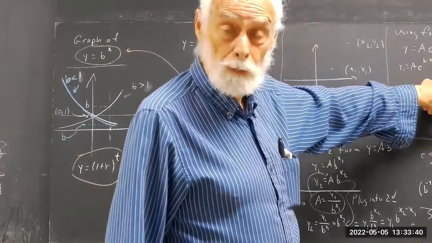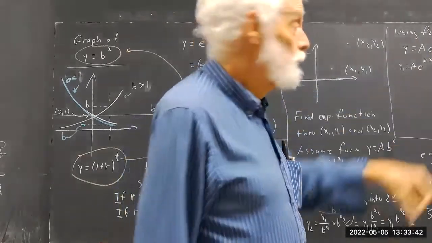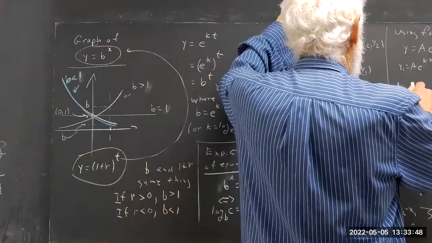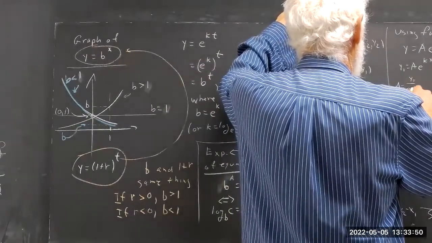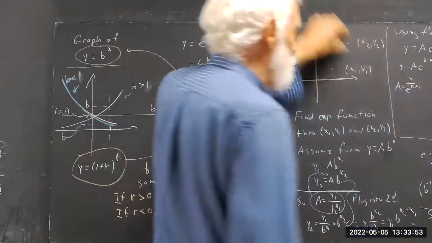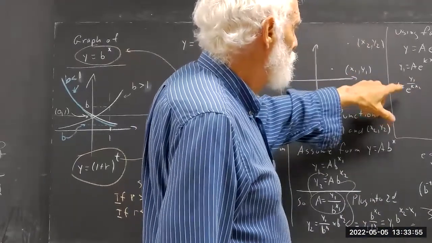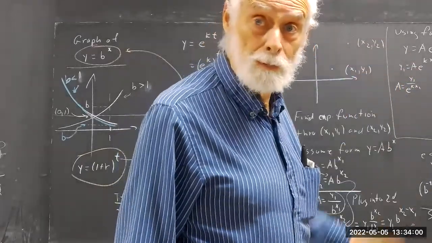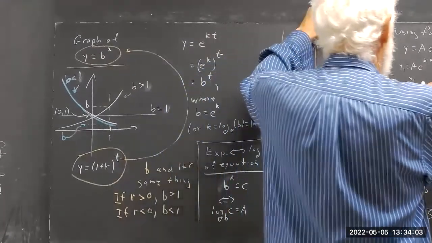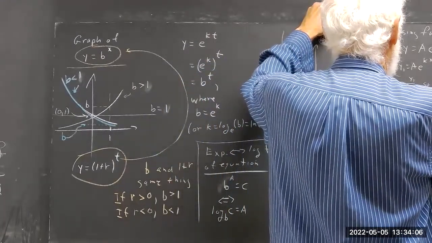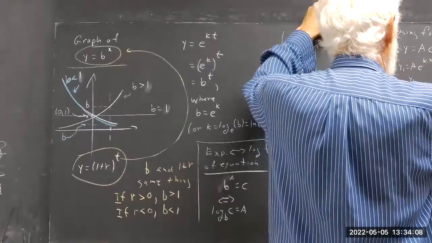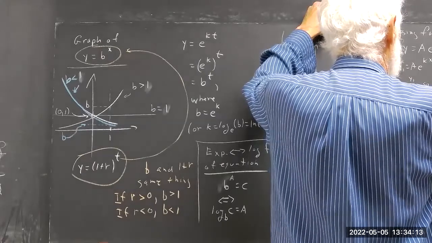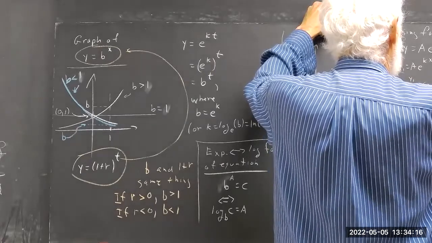You plug in your x2, y2, you get this. Then a equals what you get when you divide both sides by e to the kx1, just this. So y2 would be a, which is y1 over e to the kx1, times e to the kx2,